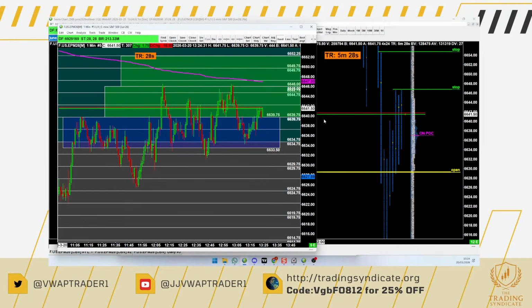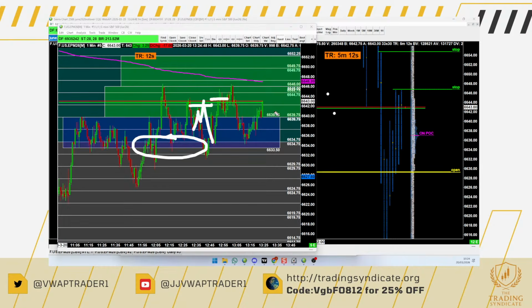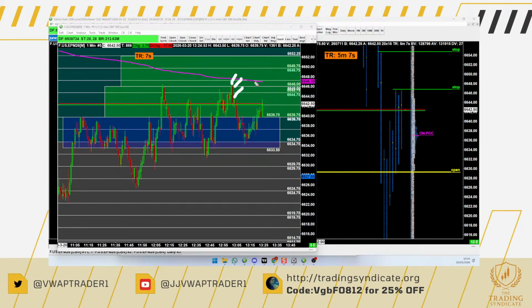So if we hold 6639 and you're long, there's going to be some sellers just before 44. You can see where they're going to sell into it. And if it's slow and there's not a lot of big buyers, they're going to sell into it there, there, and there. And then, of course, VWAP.